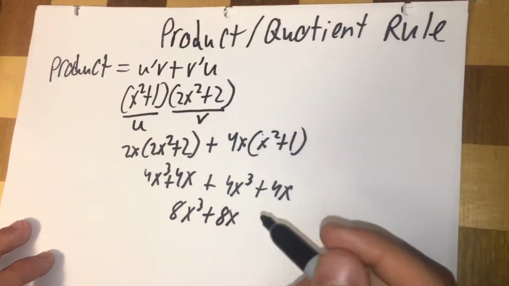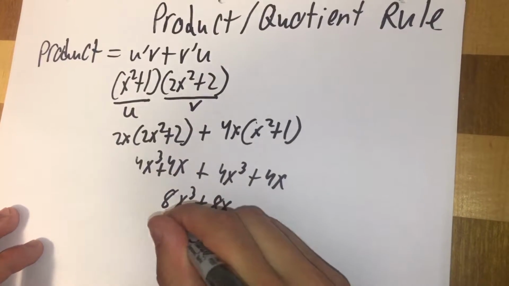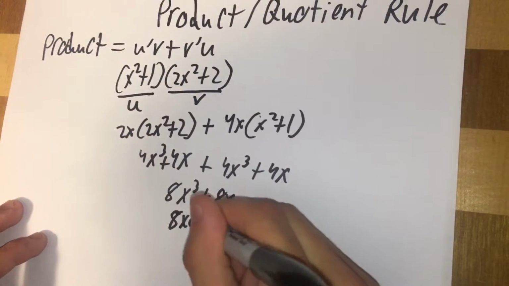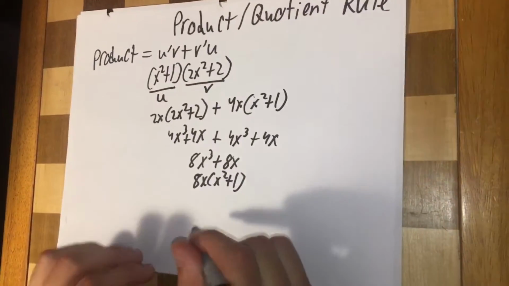And then if we wanted to, we could always factor out an 8x and have x squared plus 1, and then just multiply by 8x, and that would be the derivative. Well, why couldn't you just take the derivative of the first one and the derivative of the second one and multiply them together? Wouldn't that do the same thing? Well,